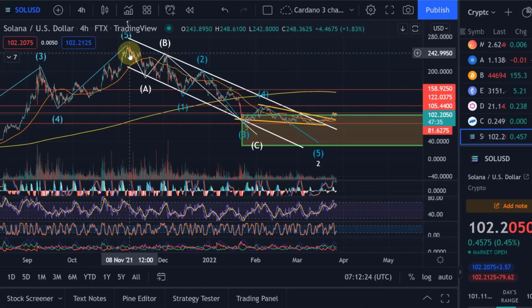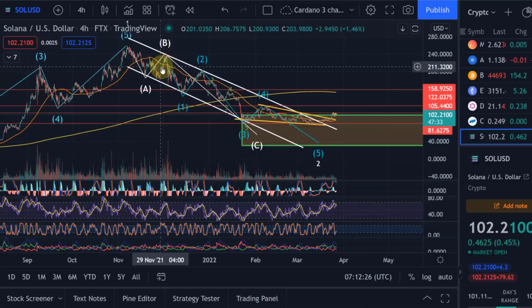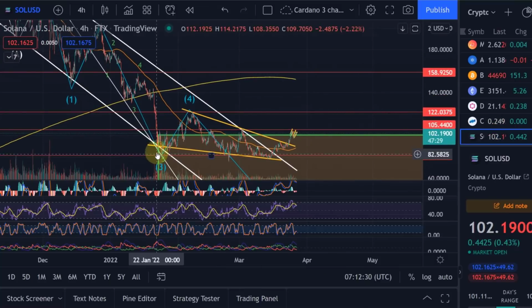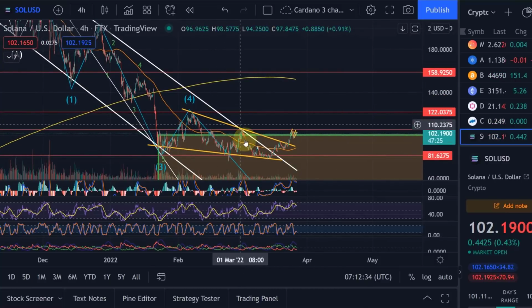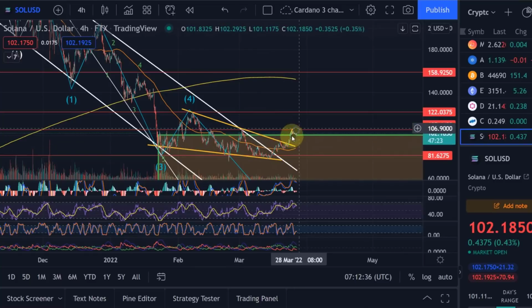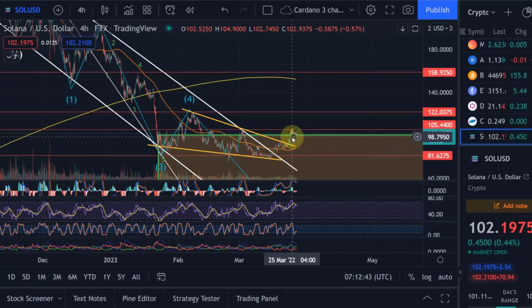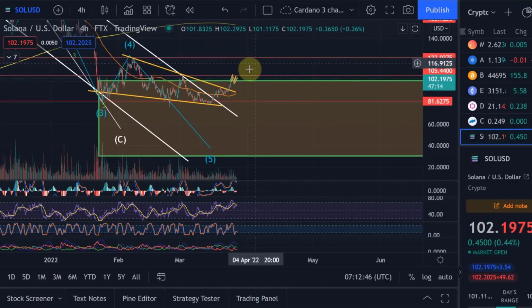Solana, obviously, when it came down here after its all-time high, has moved in this channel. We then talked about this descending wedge, a potential reversal pattern. As expected, out of this descending wedge, the price did eventually break to the upside after it found support at the 20-day moving average before it broke out, and is now trying to exit and get out of my target